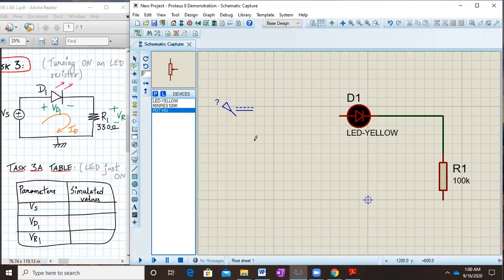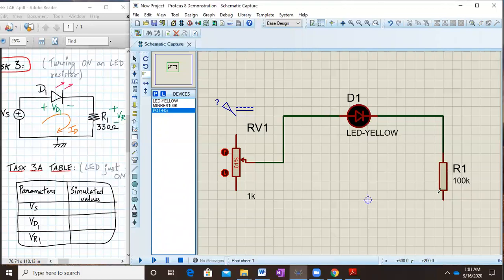Drag it from here and paste it over here. Okay, so this is my potentiometer, an animated potentiometer basically. And now I will connect the wires. This wire will go over here. I will explain why we are doing this. And this connection will go from here to here, and this will go from here. So it's a 3-terminal variable potentiometer.